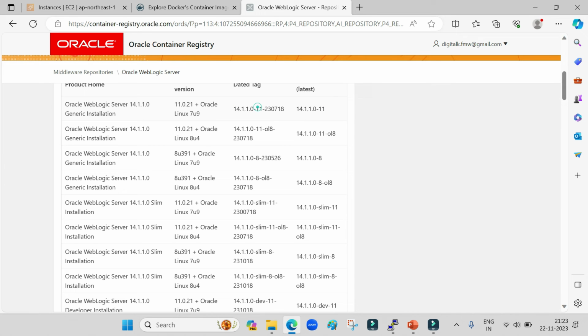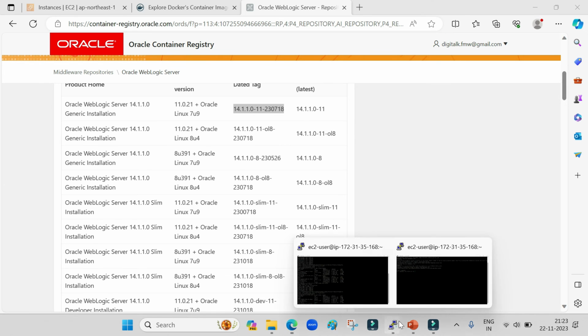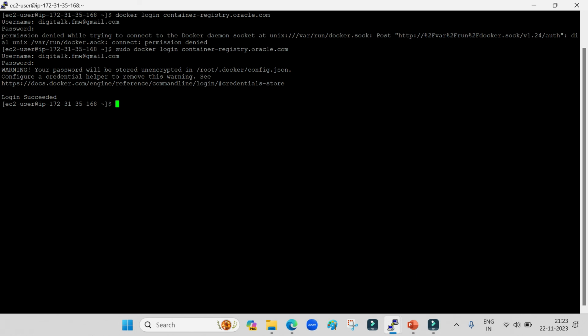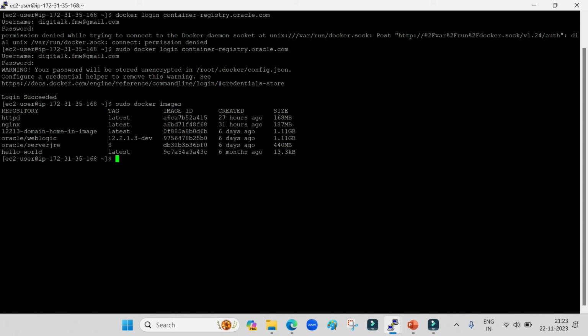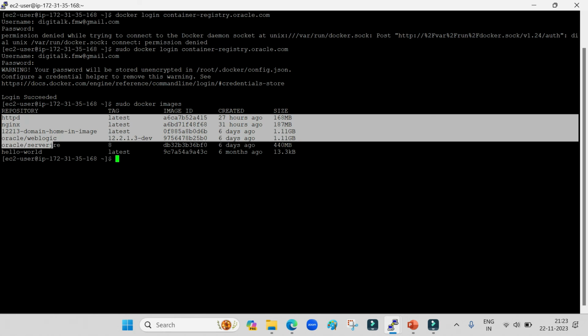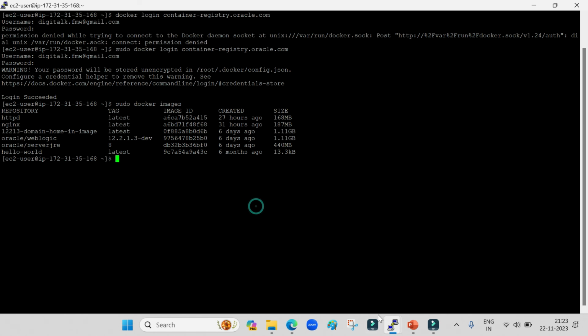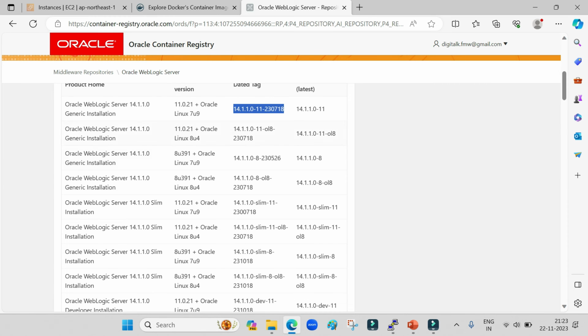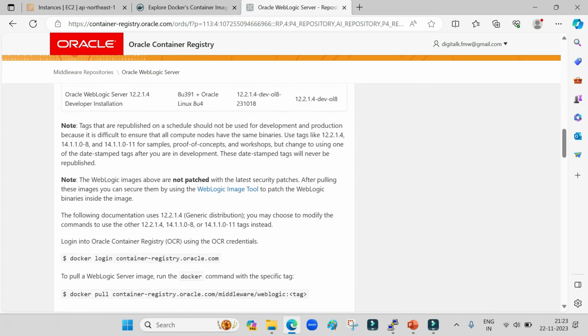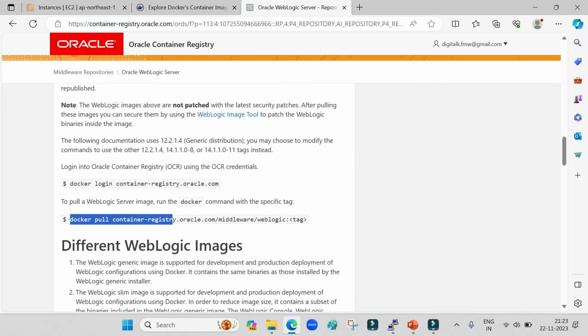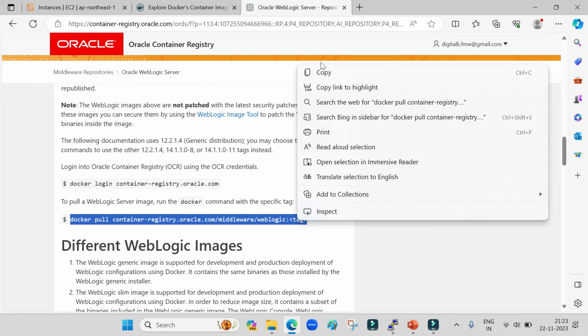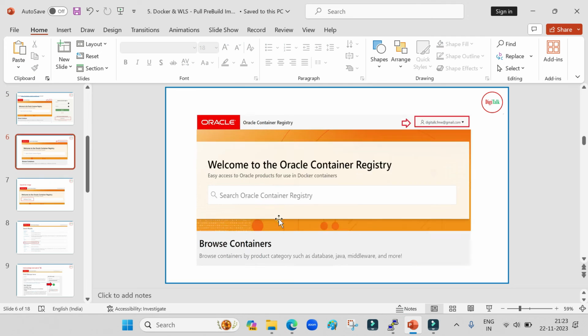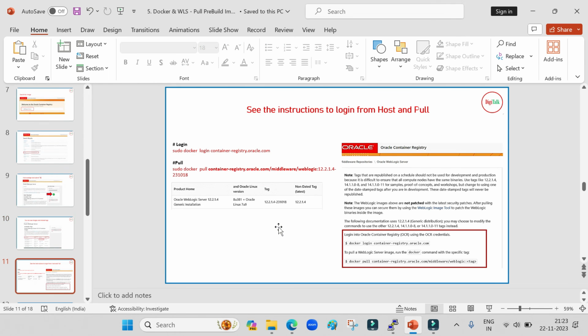Suppose I want to download 14.1.1.0. Let me see what images I currently have in my system: sudo docker images. I do not have the 14.1.1 image, so let me download it from the Oracle registry. Let me copy the command. This is the command which I have specified in this particular document as well. If I copy it here,